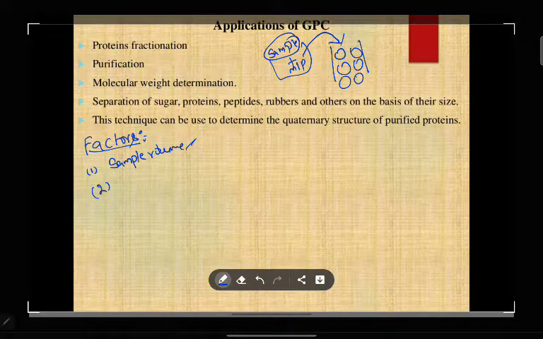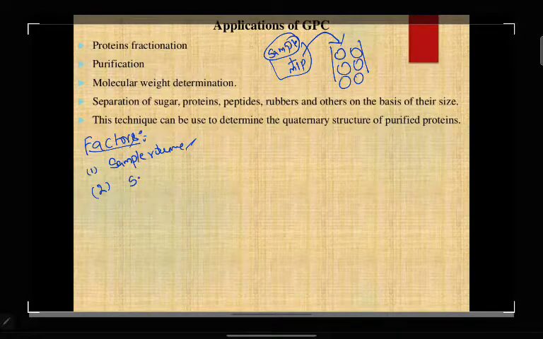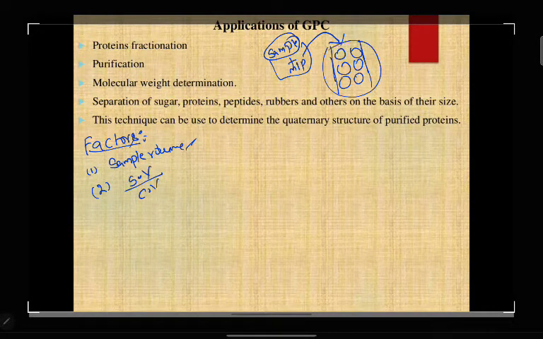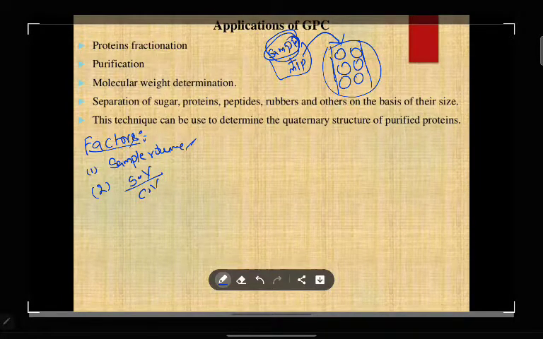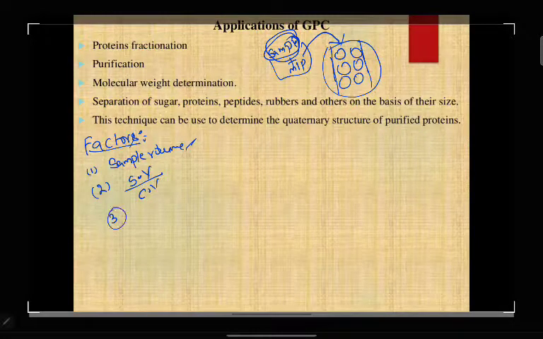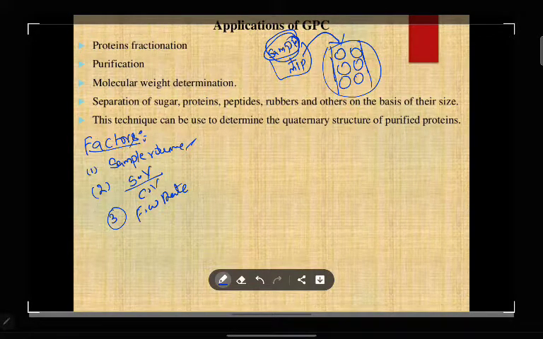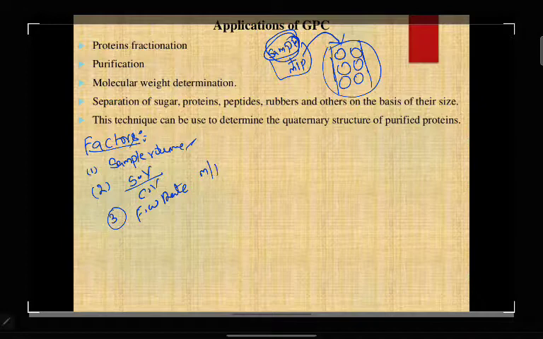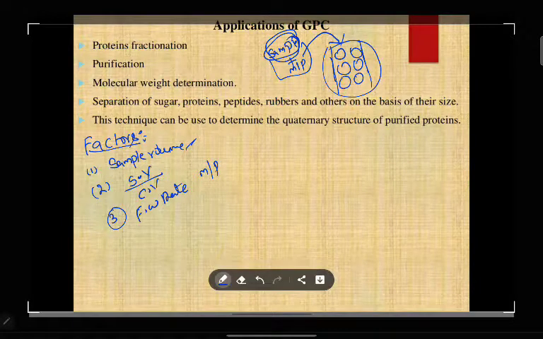Then the ratio of sample volume to column volume. So this column volume plus sample volume, this ratio will also affect your chromatography. Then the third one, the flow rate of the mobile phase. We are adding mobile phase, and that flow rate is the third factor.